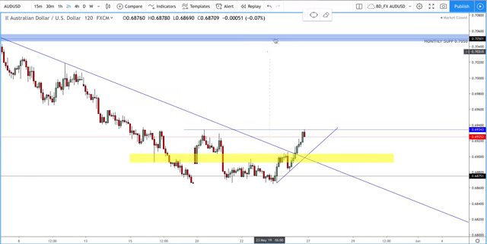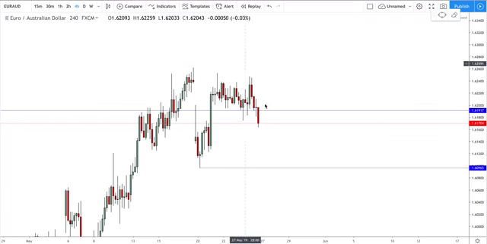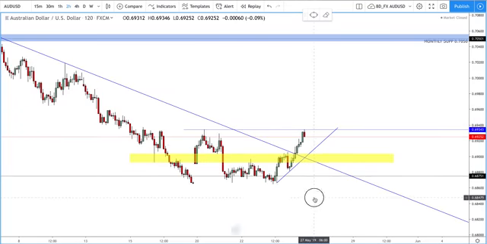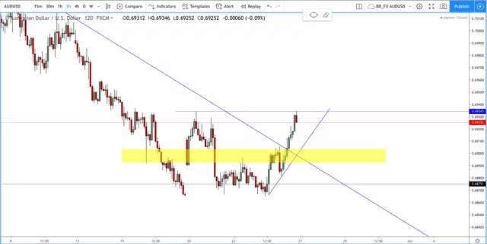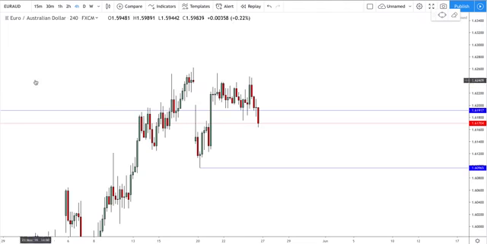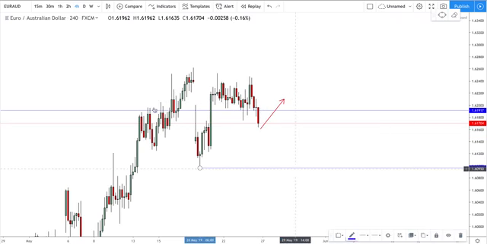Now just quickly, as I expect AUD USD, or I expect Aussie to get stronger, the Australian dollar, and I expect the New Zealand dollar to get stronger. That's why if we go back to Euro AUD, I expect this to move down, because the Australian dollar will get stronger and push this down. Now, if we look at Aussie dollar, we can see that I'm expecting a pullback first. So the Aussie dollar to maybe get slightly weaker before getting stronger. So that would also mean that if the Aussie dollar got weaker, Euro AUD is going to get slightly weaker here as well first. Therefore, lining up for that pullback to sort of this region before the bigger move down.